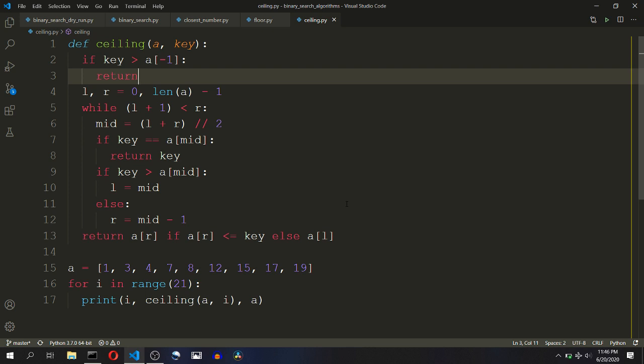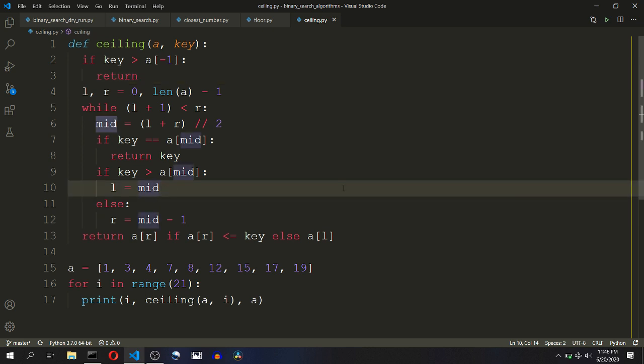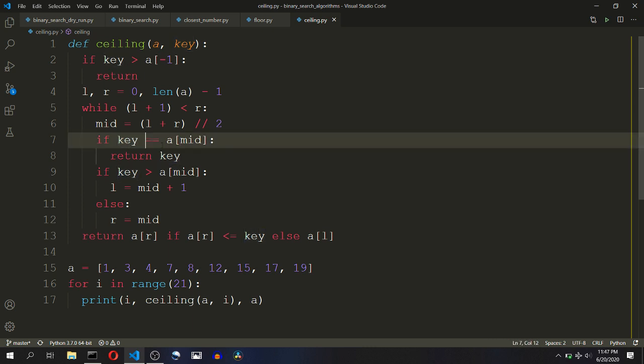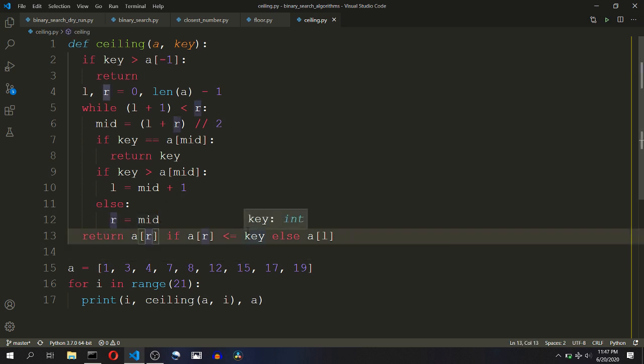And inside the while loop, it will be complementary to the floor function, so the left bound will be mid plus 1 because left element cannot be the ceiling of the key, and right element can be the ceiling because the middle element may not be equal to the key, but the middle element can be the ceiling value if we are eliminating the right half. Also in this condition we can return a of r always,